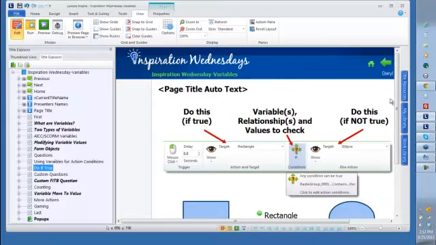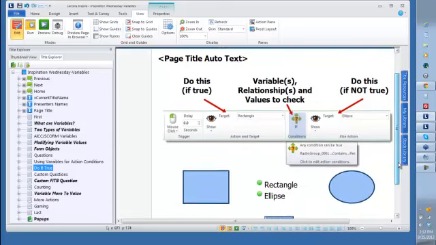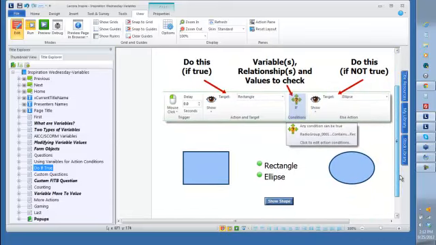The first thing I want to look at here is the do if true page. Again, that's a great thing to keep in mind, do if true. I mentioned that when we ran this, we got the rectangle because we said show the rectangle if the radio group contained REC. It did not contain REC the first time. It was blank, so we got the ellipse. If we wanted to change that,